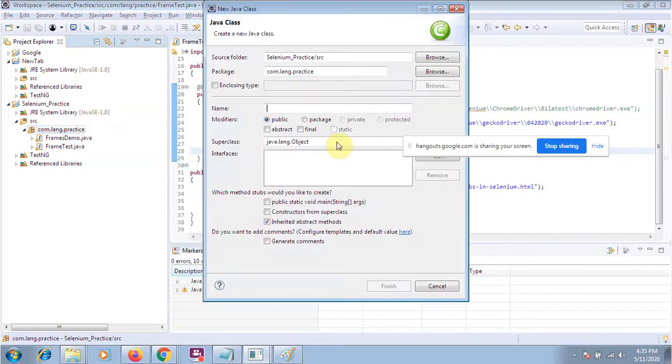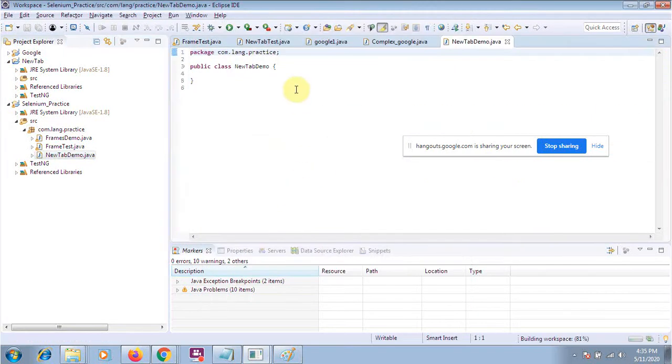Why I'm focusing on all these things is because it's a very good interview question. Everybody will ask you what is the difference between the old Selenium and Selenium 4.0. This is the main example you can explain: you can do this task in Selenium 4, and you cannot do this task in the older version. Suppose I am working on a new tab demo. I have created a class.